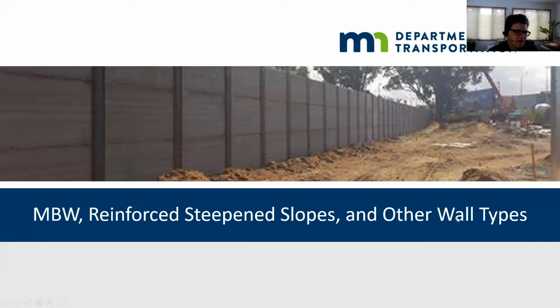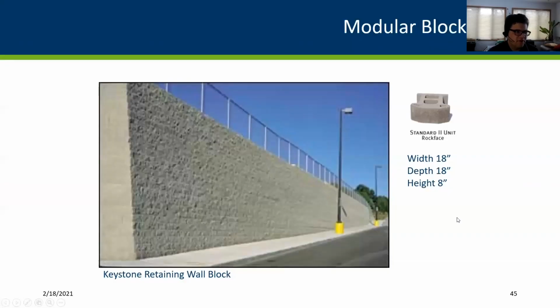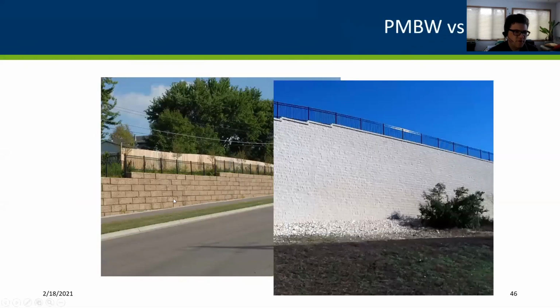This is really short. So, modular block walls. The reason I put this in here is because this is not covered by the bridge office. These are purely a foundation item because they're more of a reinforced wall, a reinforced steep slope. This is what they look like. This is the difference between what our office is in charge of, precast modular block walls, and modular block walls. A lot of times I get a call for modular block walls and I have to redirect them. And this is just hoping, now that you know the difference, if you see a modular block wall, you can contact Foundations. Rich Lamb or Blake Nelson over there would be able to help you.